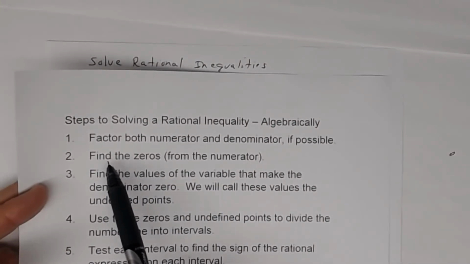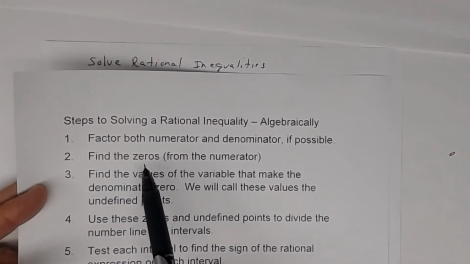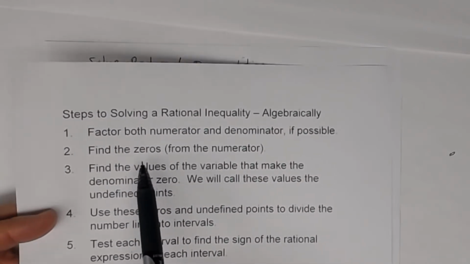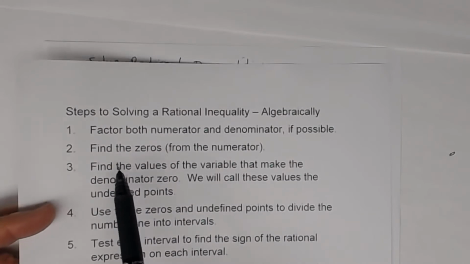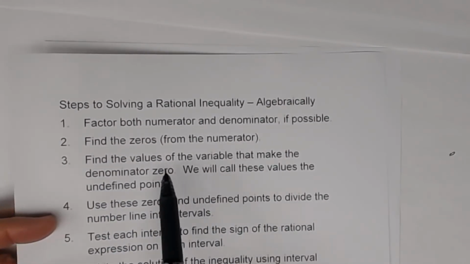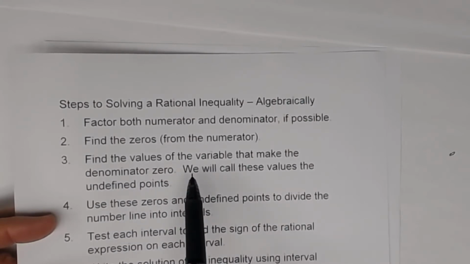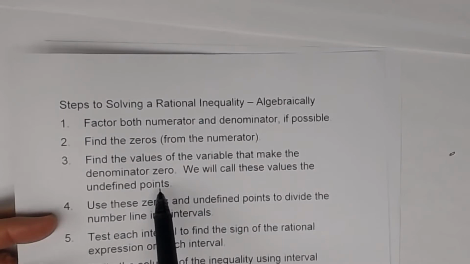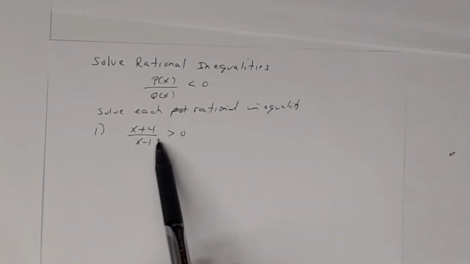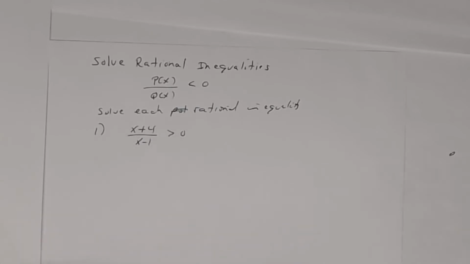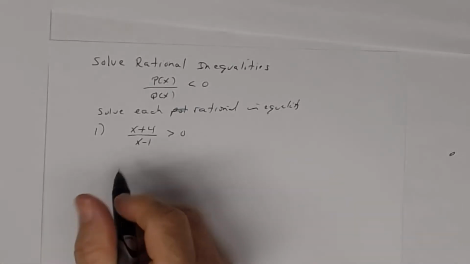Now step number 2, you want to find the zeros. Step 2 says find the zeros, and step 3 says find the values of the variable that make the denominator 0. Some textbooks will call these the undefined points. So where is this expression equal to 0, and where is this expression undefined? To find the zeros,